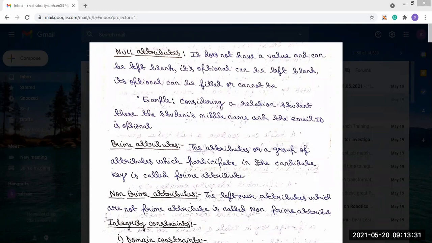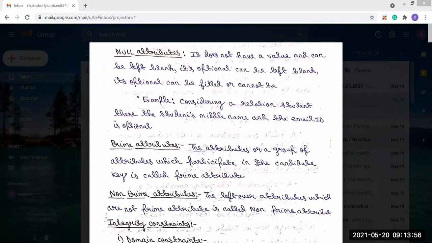So null attributes are basically attributes whose value can be left blank or maybe filled. Then prime attributes are the attributes which participate in the candidate key, meaning the attribute or group of attributes chosen as the candidate key are called prime attributes.